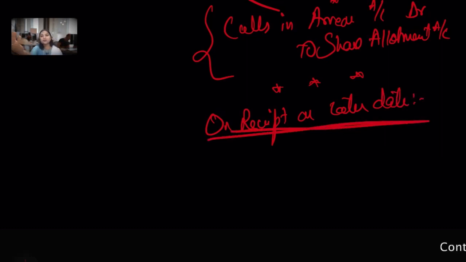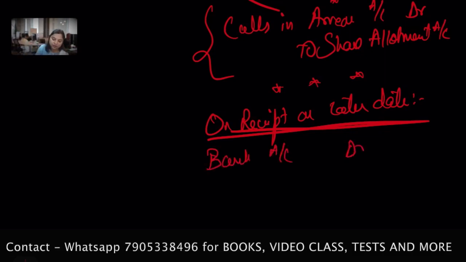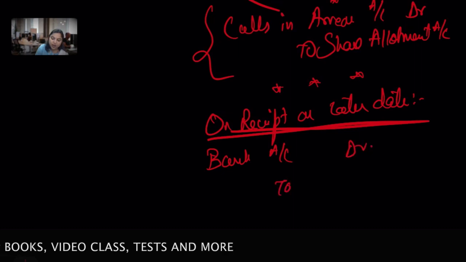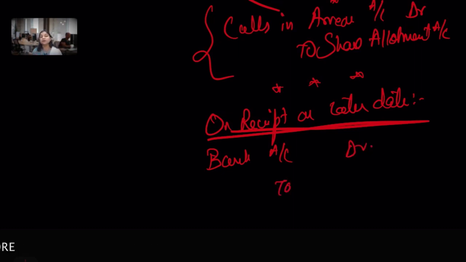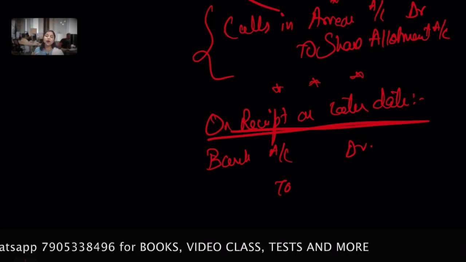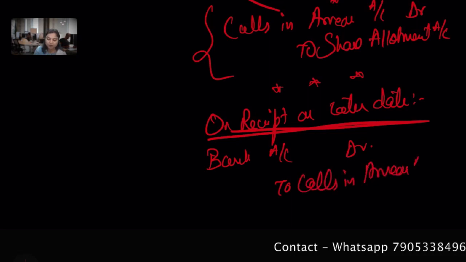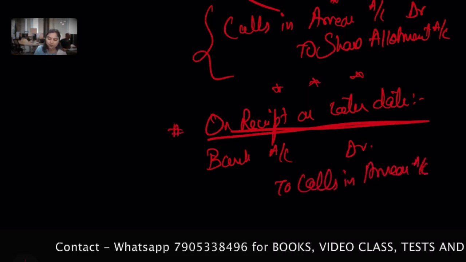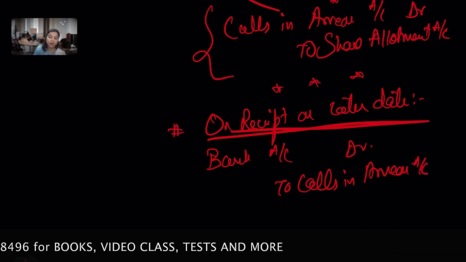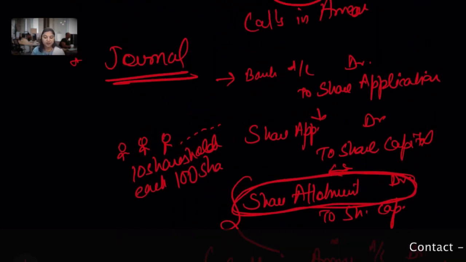So obviously, to receive, I am receiving, my bank account will increase. That is the definite entry, bank account. And the other account will be calls in arrear account. Why? Because against that allotment, I raised the calls in arrear. Now I need to close it because you have paid me the amount against that calls in arrear which you defaulted on that specified date. I hope you people are satisfied. Calls in arrear account. Okay, so there is no need to memorize. I hope you people understand very clearly. Okay, so give me a moment to conclude in another language.